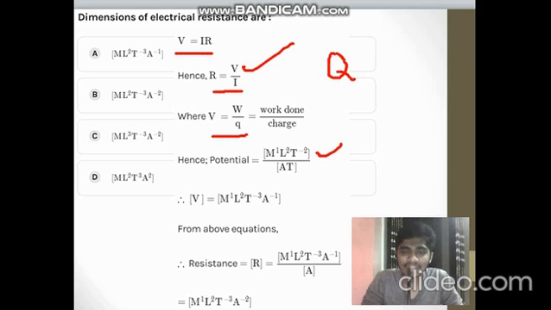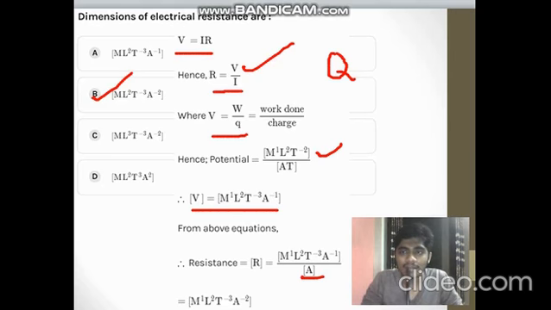So we write AT, and then you write V = M, L^2, that's the same, T^-2 minus 1, so T^-3, and A goes up as minus 1. So these are the dimensions of V. And you know for I it's A. So M^1 L^2 T^-3 A^-1, again minus 1 goes there, so it becomes minus 2. Okay, so the answer would be ML^2T^-3A^-2. So this is the answer.